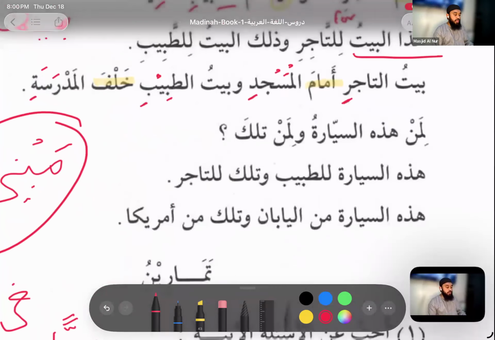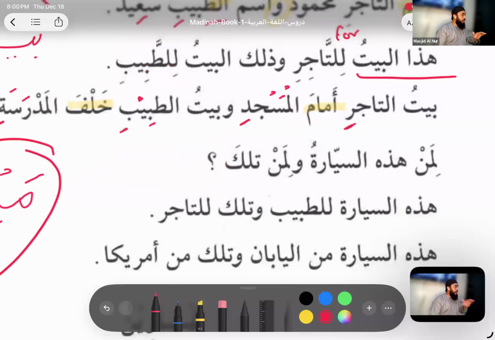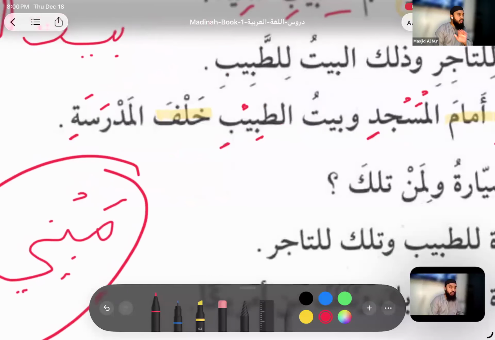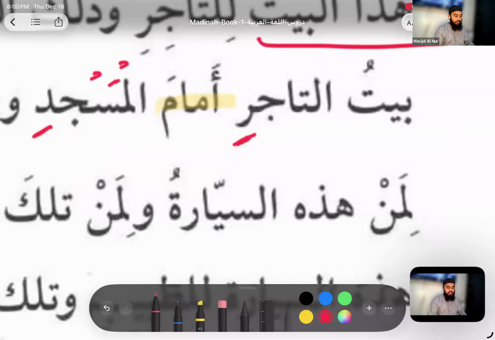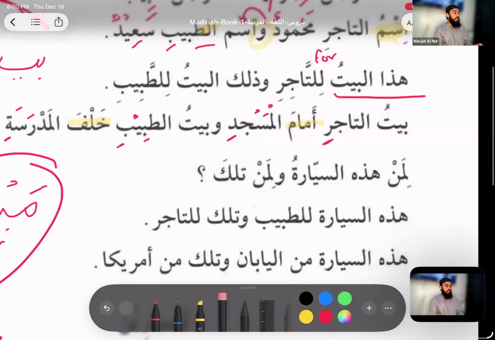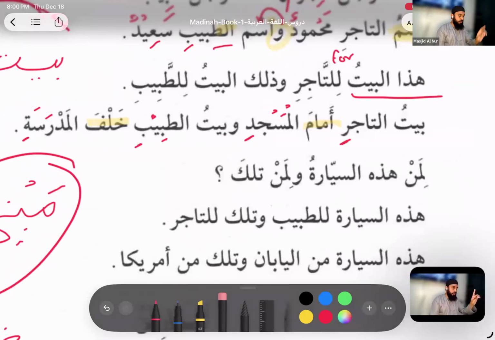So amama is one of them. Amama will always be amama. It'll never be amamu. It'll never be amami. Same thing with khalfa. This word is not imam, because if it was imam, it would have the hamza at the bottom, guys. You know where the placement of hamza works, right? If it's on top, there are 2 possibilities, damma and fatha. If it's at the bottom, then it's what? Only one, kasra.